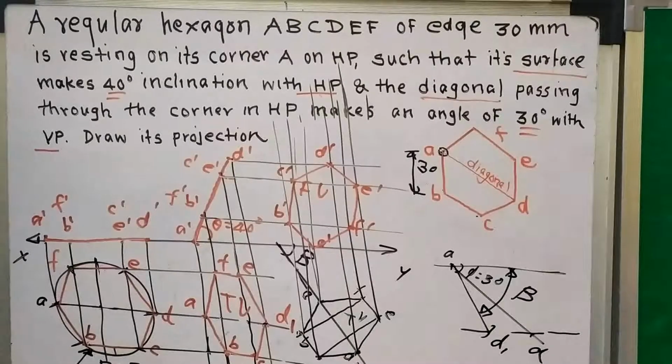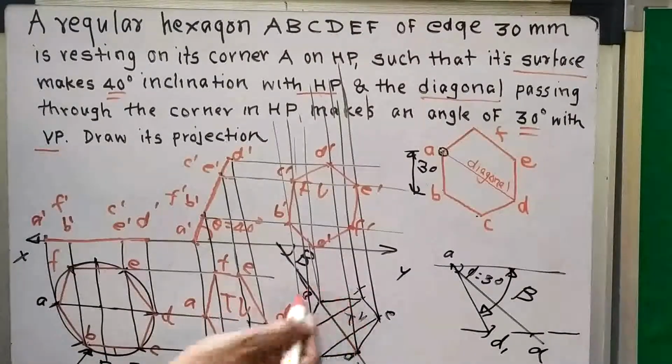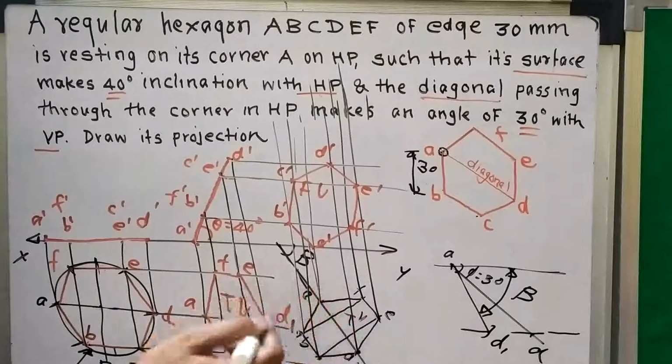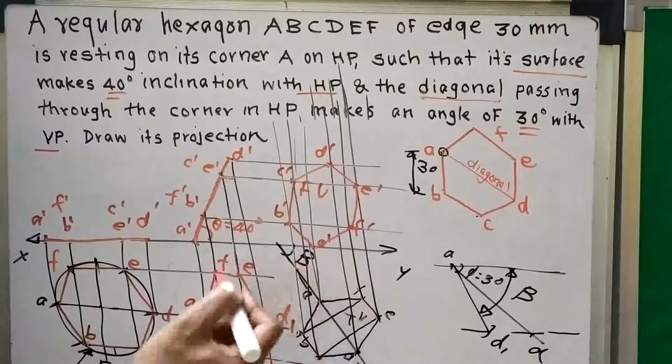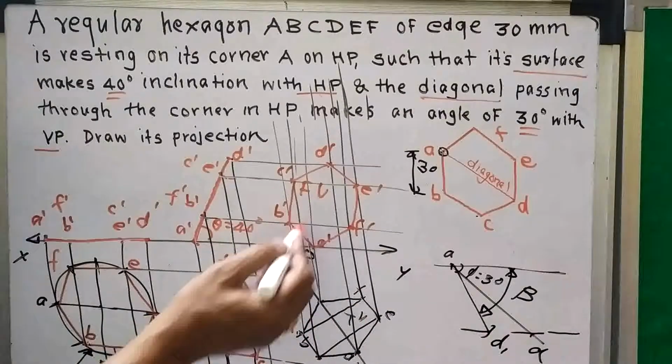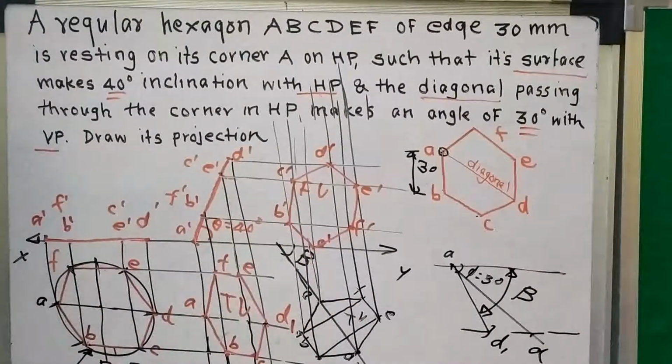So what is the difficulty we will face in this problem? In reconstruction of this figure, because it is a 6-side figure, it is more difficult to reconstruct here. So in the next problem we will understand the auxiliary plane method, in which we will avoid this reconstruction. Without reconstruction you can directly find out the front view and top view, that is by the auxiliary plane method. So it will save your time also.